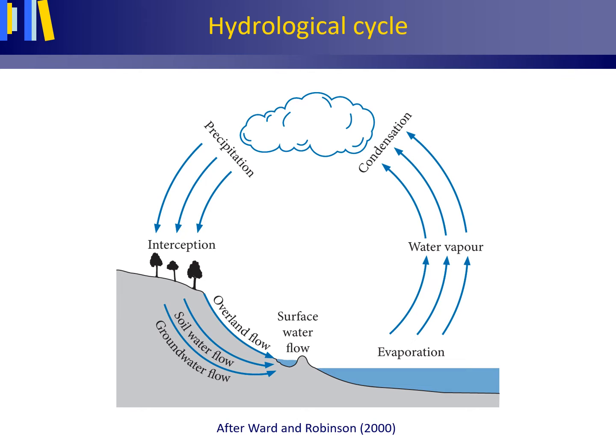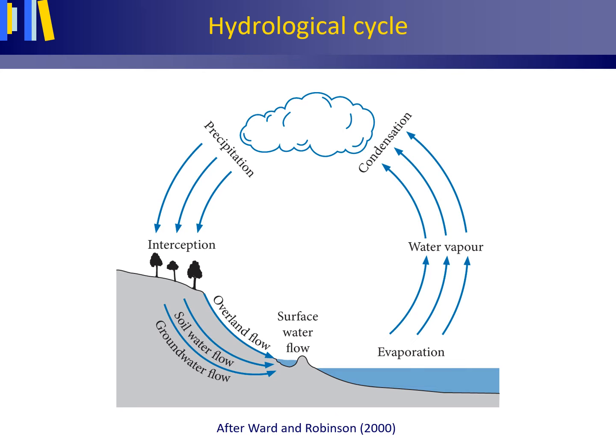Water which falls on the land surface can infiltrate into the land surface, a process we call infiltration, infiltratie. It can move further downward towards the water table and then become part of groundwater flow, or it can also flow above the water table, either as soil water flow or even further upward as overland flow, water flowing over your land surface. I'll come back to these processes later on.